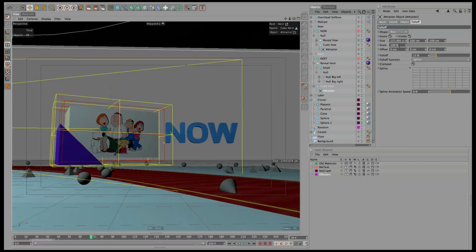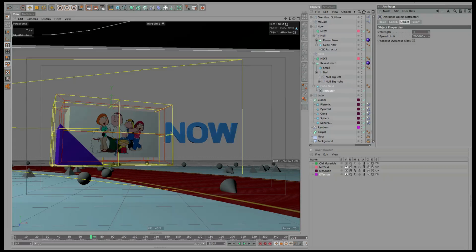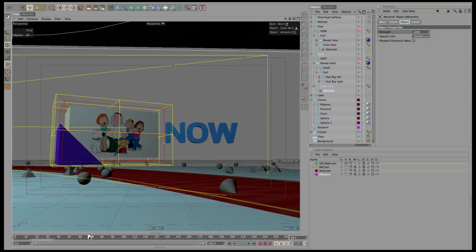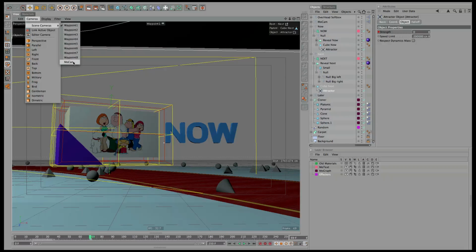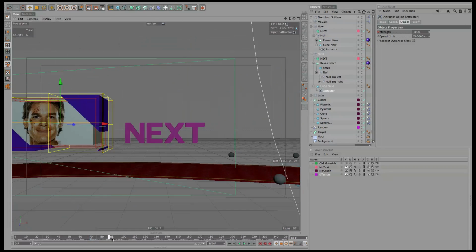Yeah, okay, here we go. Just scale it up a bit and give it 1,000. We want that strength to be coming on about now, so let's keyframe that and delay before 0 strength. So let's just move into our MoCam. When we move over to there,